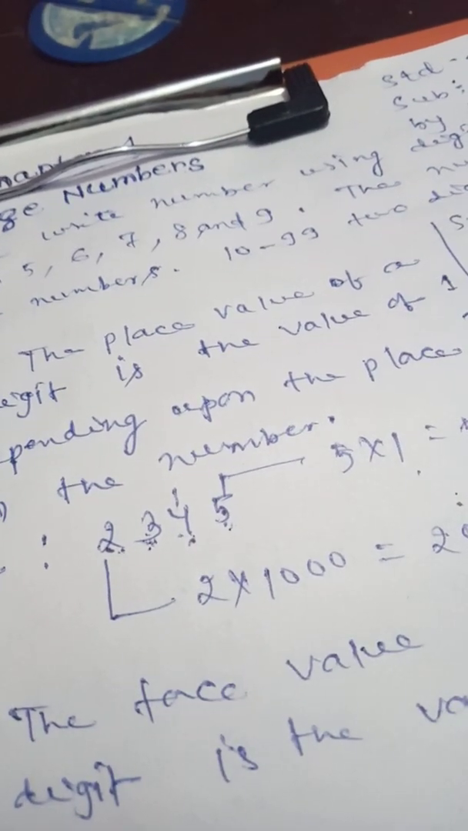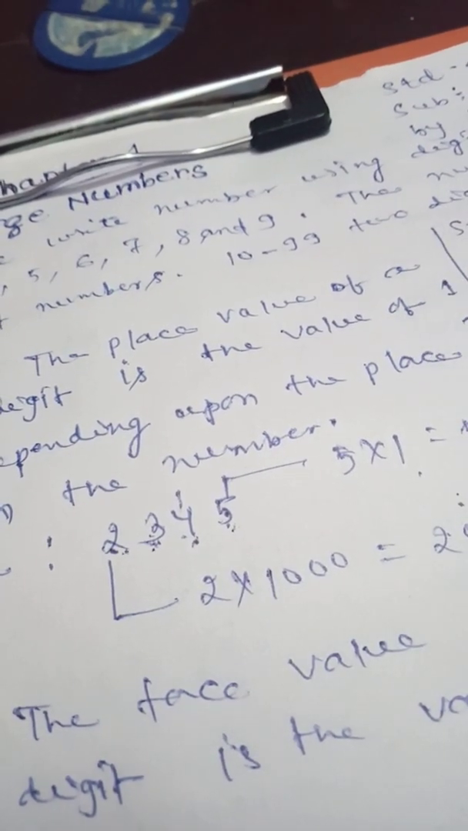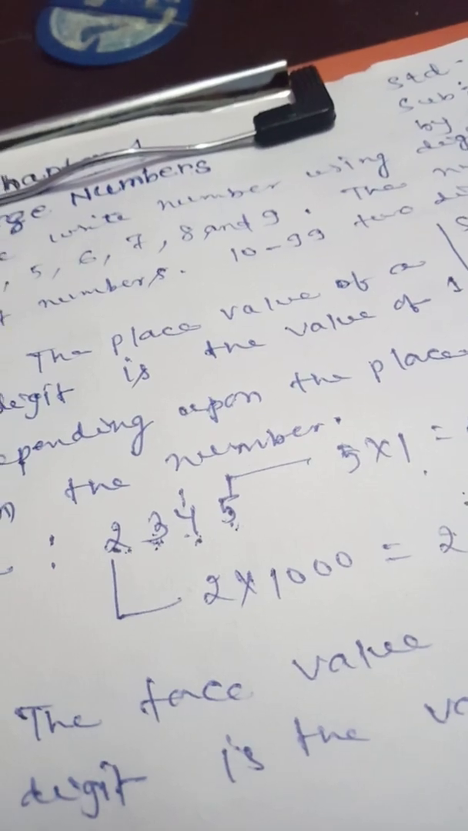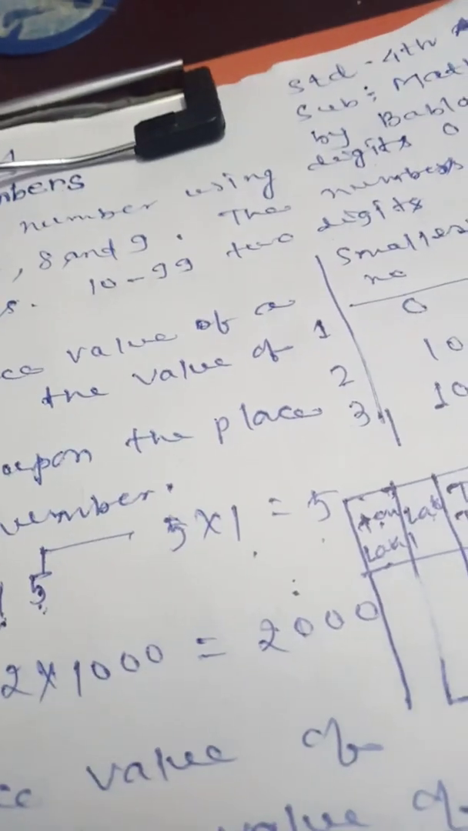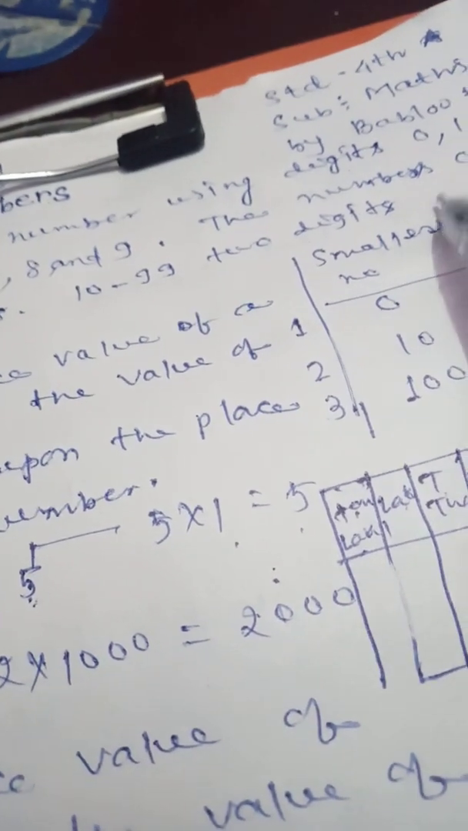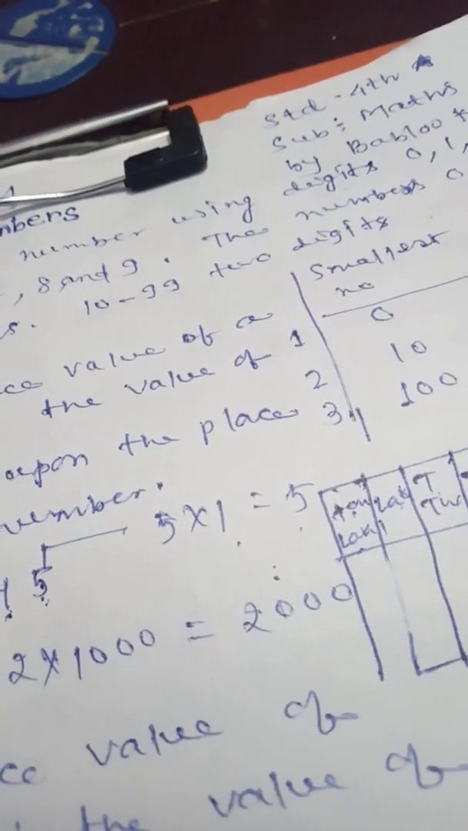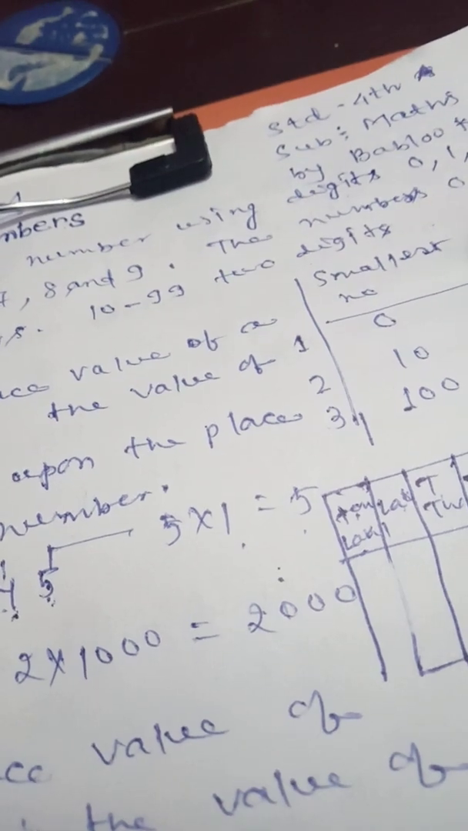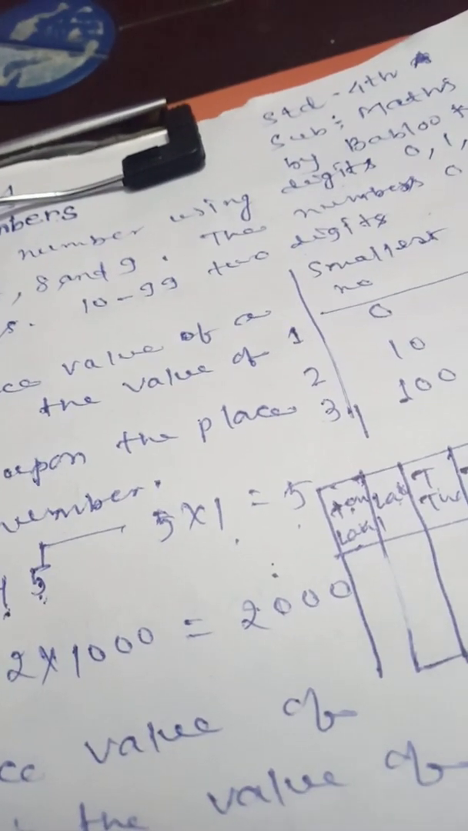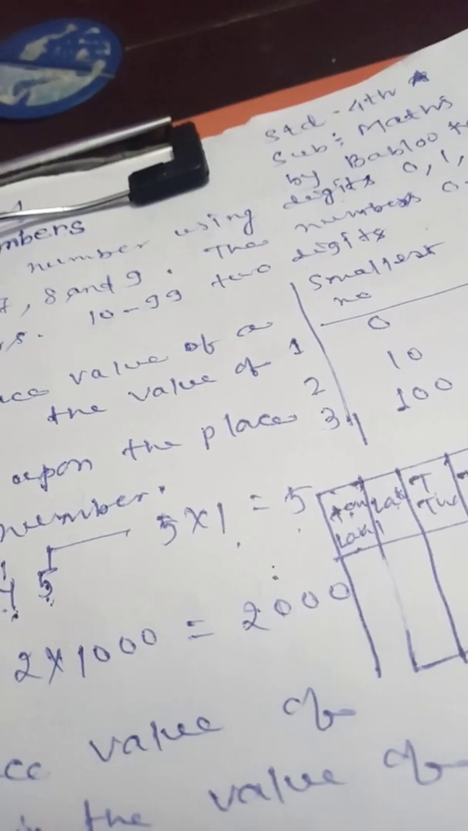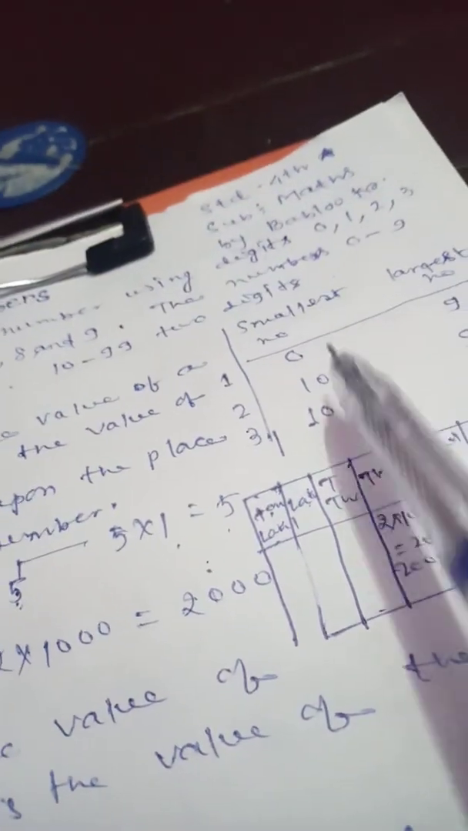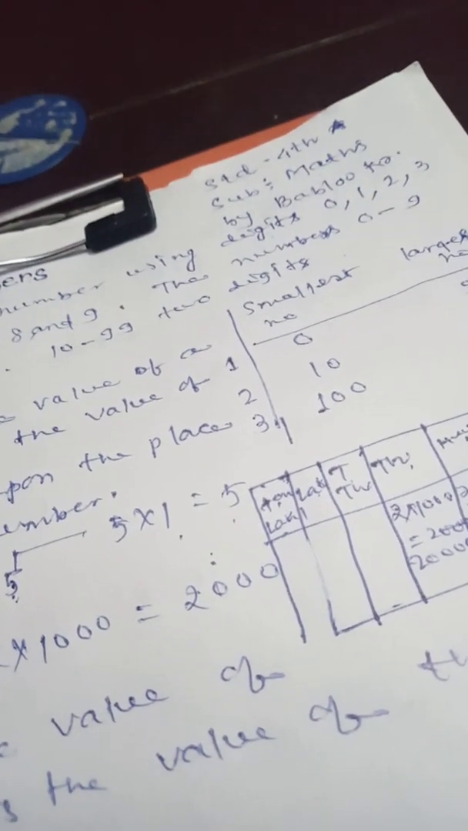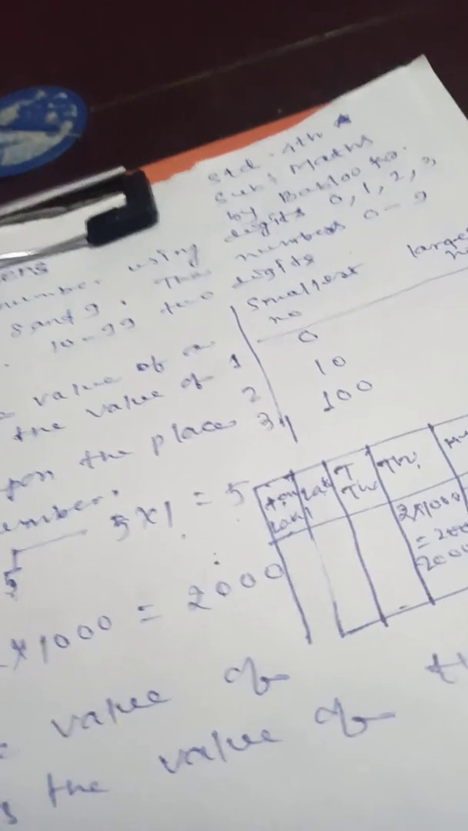In the same way, from 100 to 999, all these are three digit numbers because all these numbers contain three digits: a ones place digit, a tens place digit and a hundreds place digit. In the same way, other numbers also. So from this,